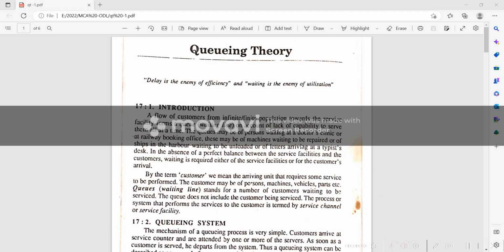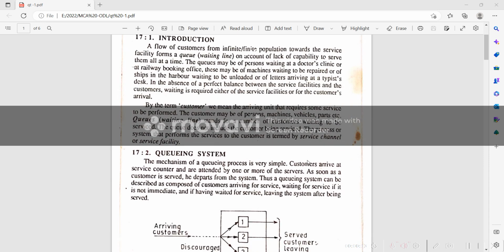Hello students, today we are going to study queuing theory, which is one of the chapters in operational research. In day-to-day life, we form queues in so many situations: in a cinema theater, in a temple, to poll the vote. In so many situations, we form queues. So first, we should know what is